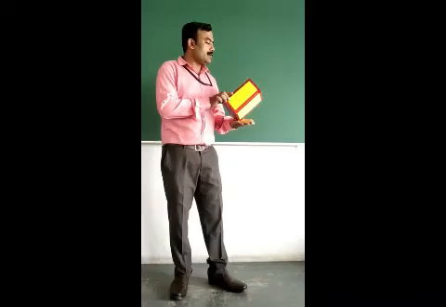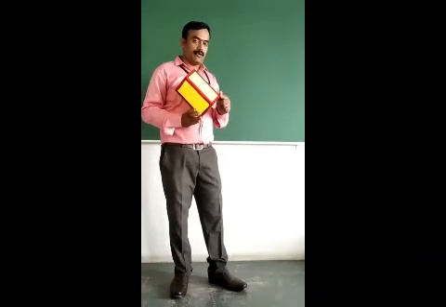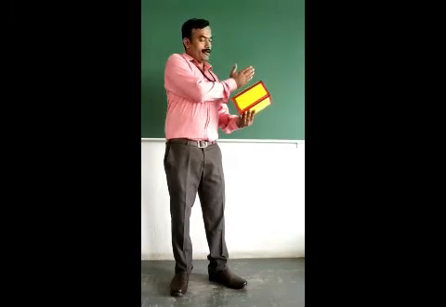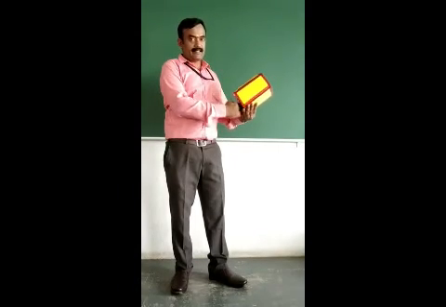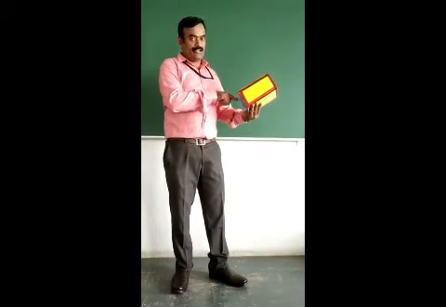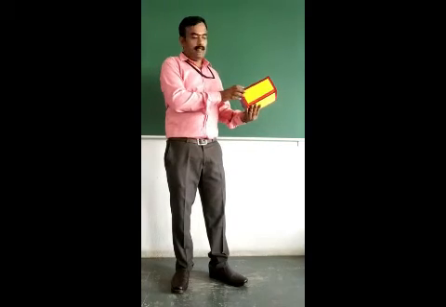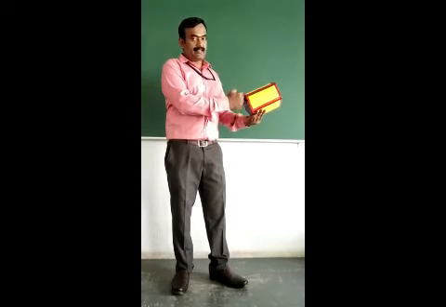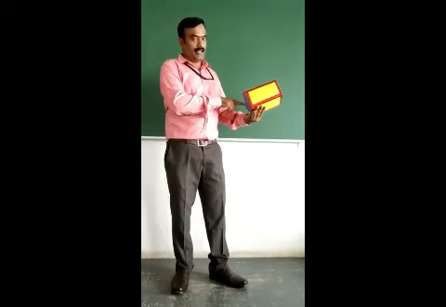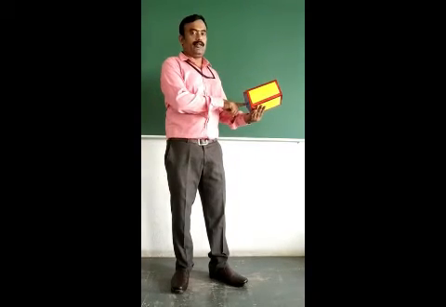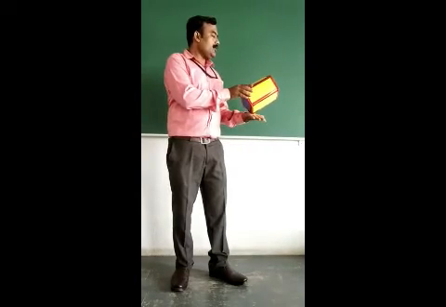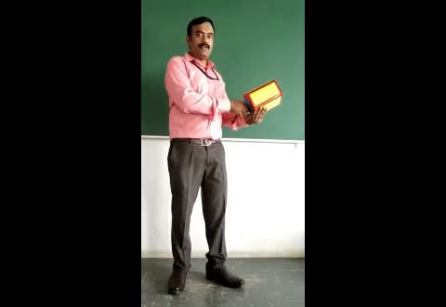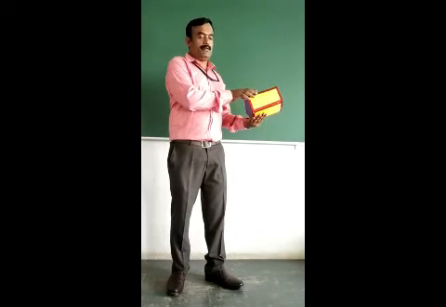Statement in the question: it is resting on one of the base corners on HP, the axis is parallel to VP, and the base makes an angle of 60 degrees with HP. The axis condition with respect to HP is not given directly. If the base makes an angle of 60 degrees with HP, it means automatically the axis will make an angle of 30 degrees with HP. When you look from the top as well as from the front, the true base shape of the solid is not visible.